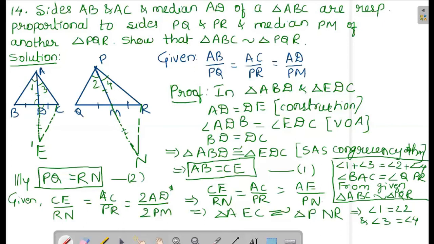Next problem, that is problem number 15. So the 15th problem: a vertical pole of length 6 meter. One vertical pole is there. Its length is 6 meter. It casts a shadow, the length of the shadow is 4 meter long on the ground, and at the same time a tower casts,